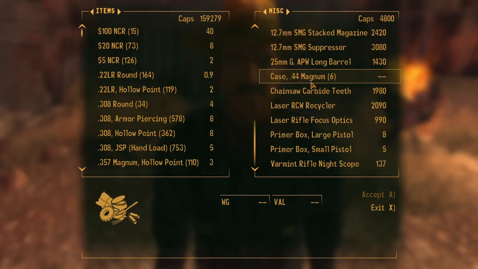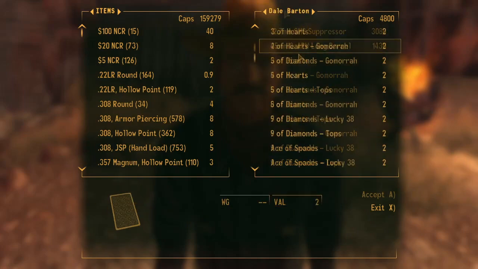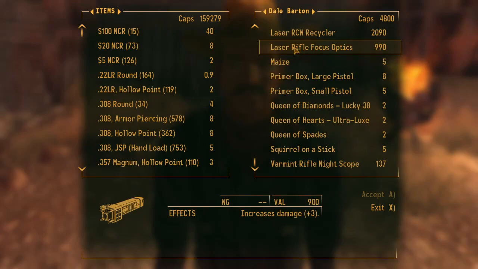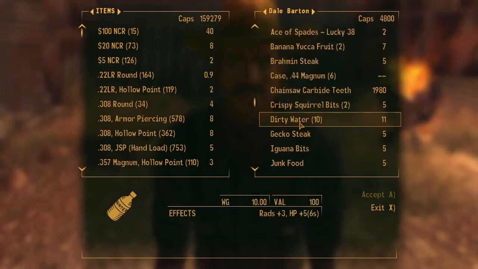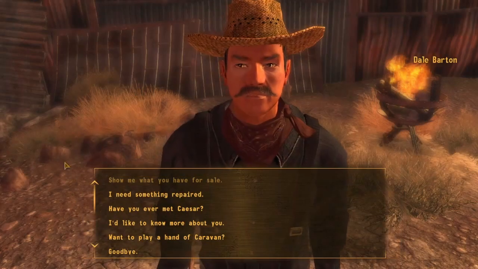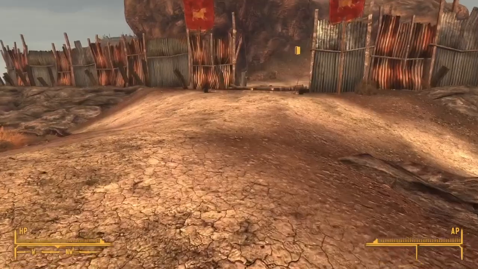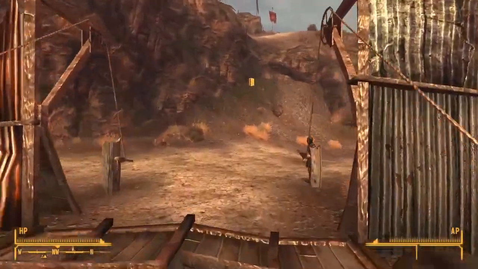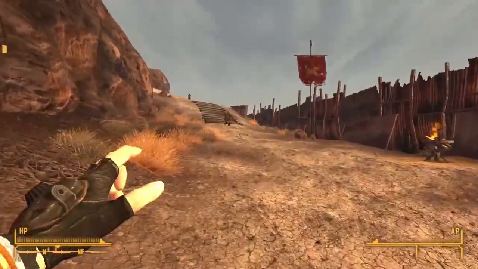Mostly for weapons that I don't really have a need for mods for. And he doesn't have any ammo. He does have a few miscellaneous items, some caravan cards, a bit of dirty water. All in all, pretty disappointing as far as merchants go. Right, so let's head up to the hill, where we're going to meet with Caesar for